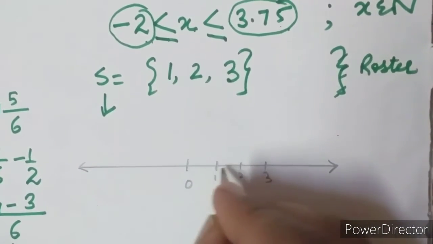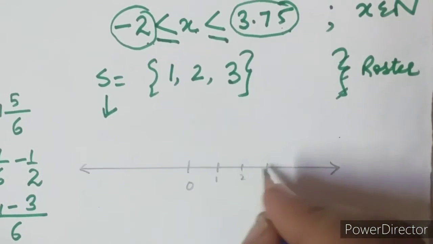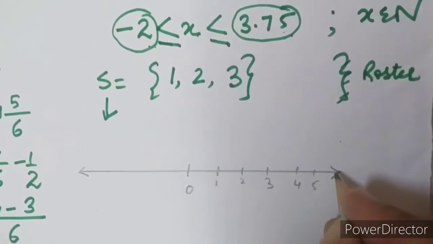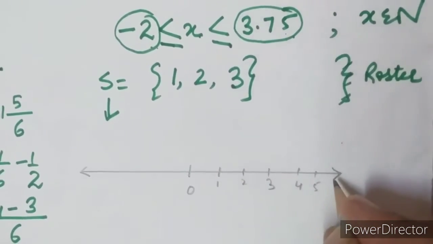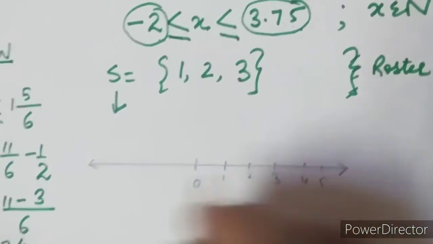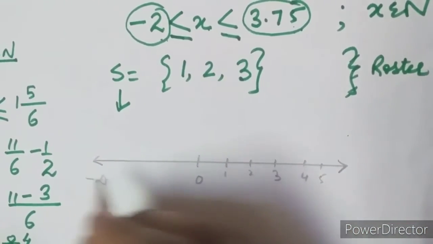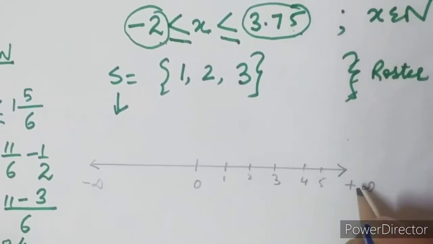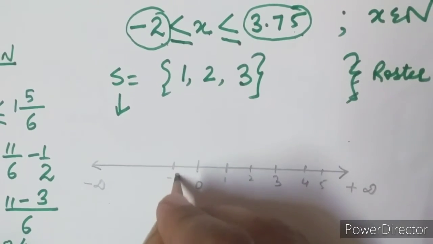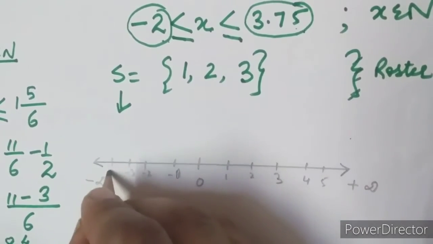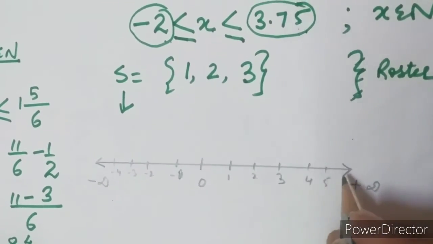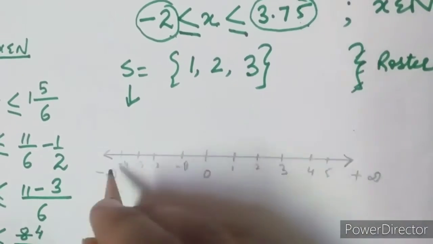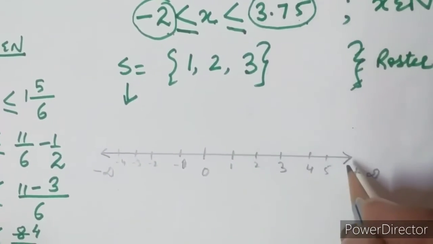Make sure you keep a constant, uniform gap between your numbers, like 4, like 5. And the most important part is to put the arrows, so that it is clear that it can be extended in both directions. Actually, the limit for this is -infinity to +infinity. All the real numbers we can show on this. And on this side we have -1, -2, -3, -4. This much is sufficient, and the others we can show by extending the number line if we want. Otherwise, these arrows simply show that we can extend it on both sides.